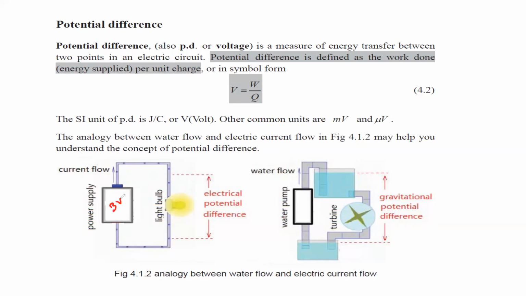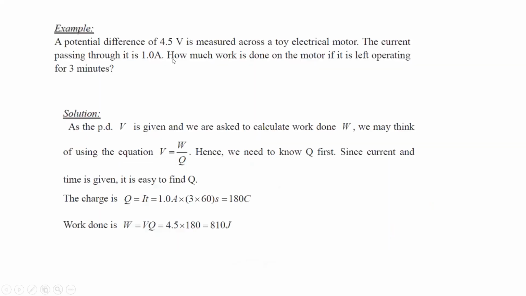So if I write this as 3V, what is the EMF of the supply? That is 3. 3V means each charge carries 3 joules. Before entering it is 3, and once it passes through, it transfers all of its energy. So how much energy is transferred? That is known as the potential difference or difference in the voltage. And to calculate the electromotive force or potential difference, it is work done on unit charge or work done